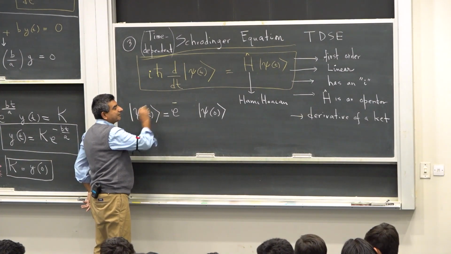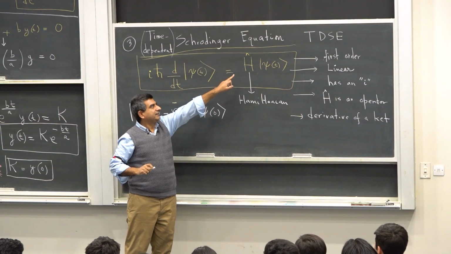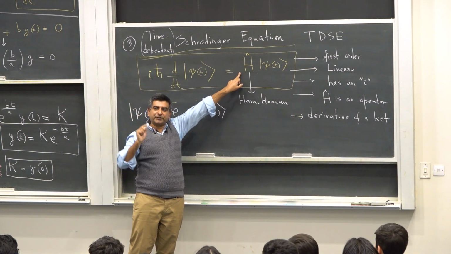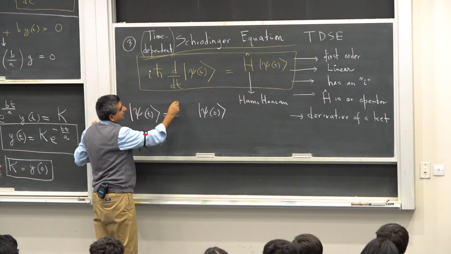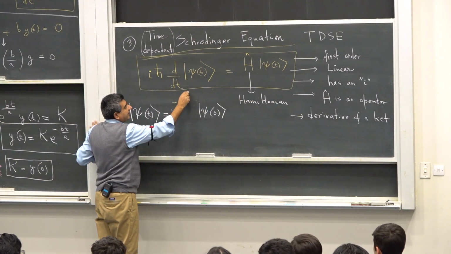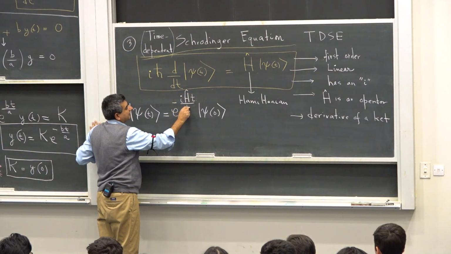So this is minus. Now if I were to take iota to the other side, this would become minus iota. 1 over iota is minus iota. This goes into the denominator. So I'm left with iota Hamiltonian H t over h bar.